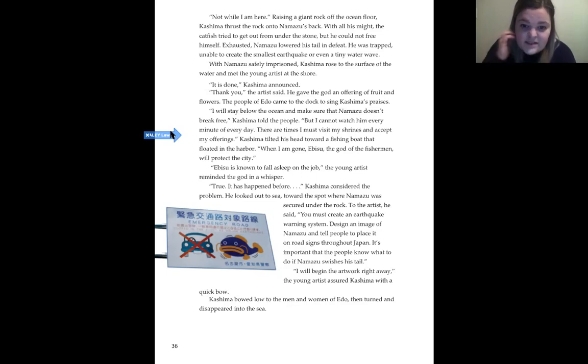To the artist, he said, "You must create an earthquake warning system. Design an image of Namazu and tell people to place it on road signs throughout Japan. It's important that the people know what to do if Namazu swishes his tail." "I will begin the artwork right away," the young artist assured Kashima with a quick bow. Kashima bowed low to the men and the women of Edo, then turned and disappeared into the sea.